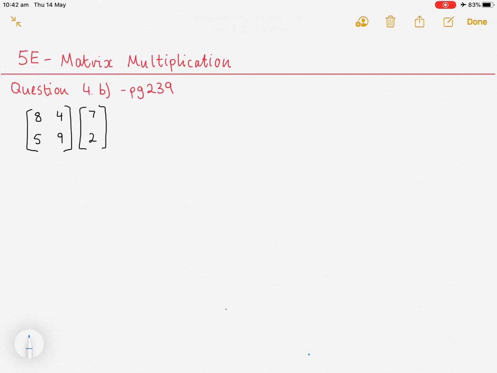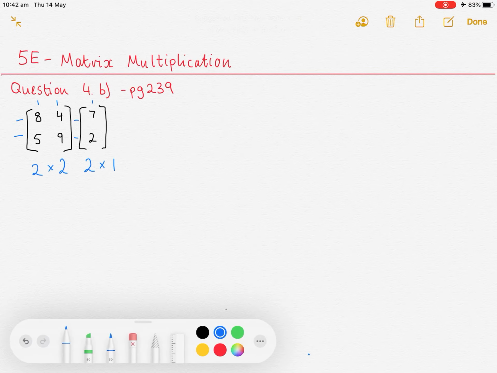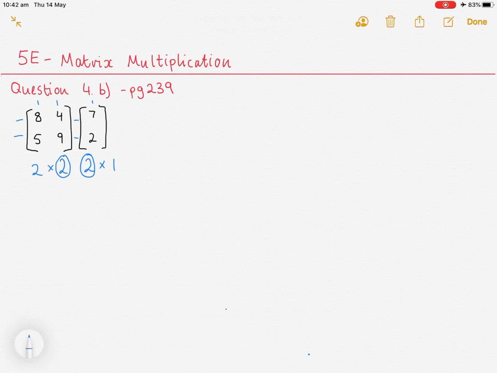So for this first one, we've got two rows here, and it's got two columns, 1, 2. So the order of this one is 2 by 2. And the next one, we've got two rows, because rows always go first, by one column. Okay, so from doing that, because the inside numbers are the same, that means we can multiply,